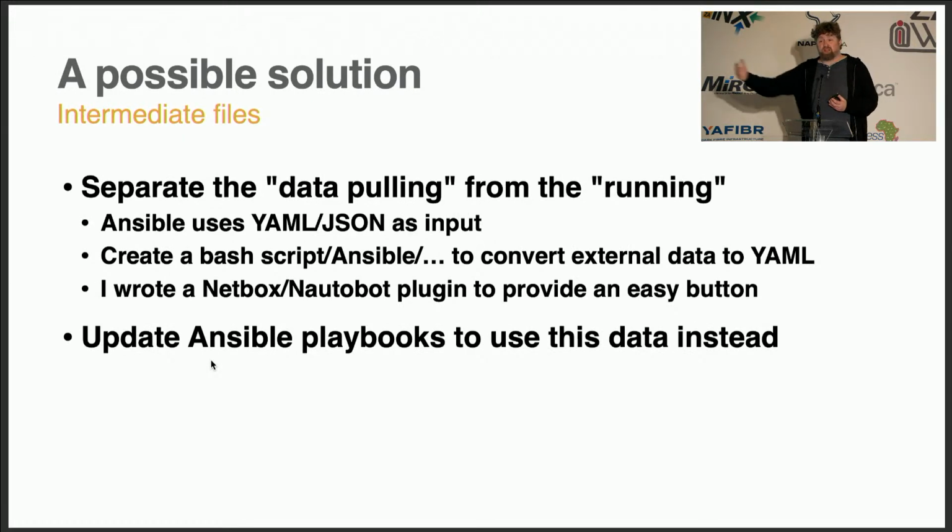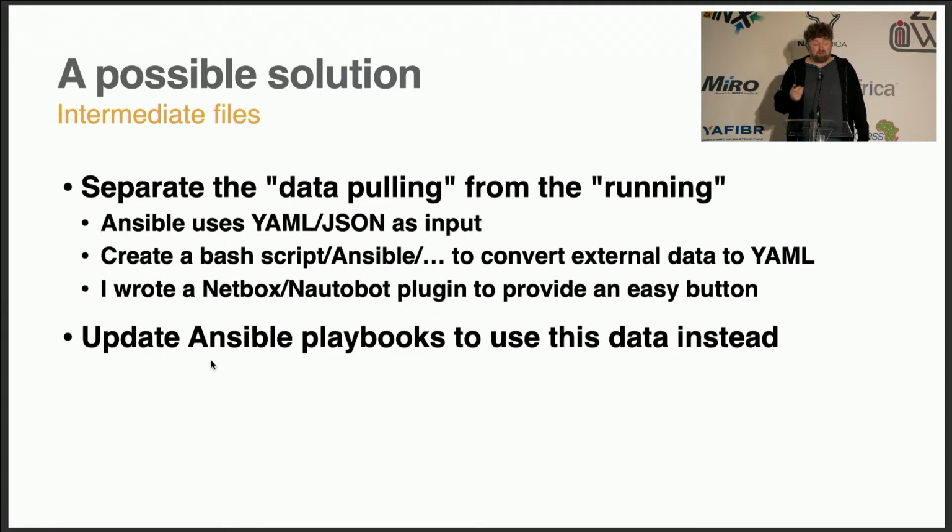So instead of pulling the data into the Ansible playbook's runtime, I actually wrote a script that extracted the data from all the different systems, put them in YAML files, and YAML is the file format that Ansible uses as its source, and then told Ansible to use those files instead of live data. You can actually use Ansible to create YAML. So basically, I split the work in two. I had one Ansible playbook that would pull all the data and export it as YAML, and another Ansible playbook that would then take that YAML input and deploy it to the network.